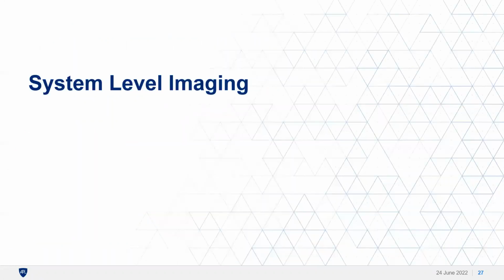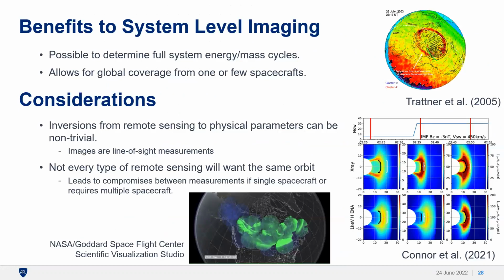And so with that, I want to very briefly, in one slide, talk about another topic that could be its own entire separate talk, which is system level imaging. So beyond just having these constellations of either a small number of spacecraft that might have more instrumentation and more tailored science, or these large constellations of more limited measurements, but where you have a lot of them spread out throughout the system,